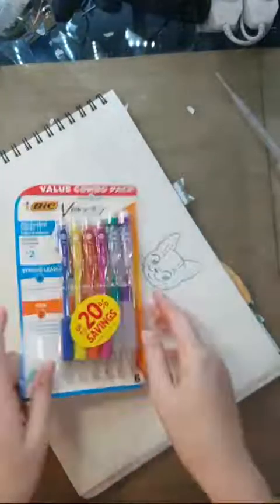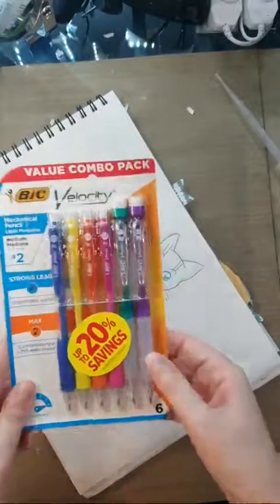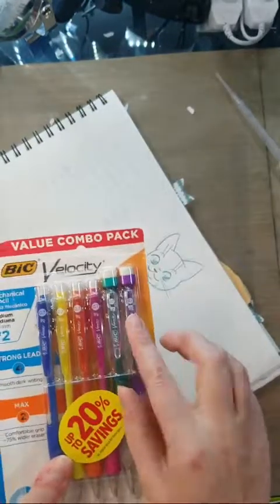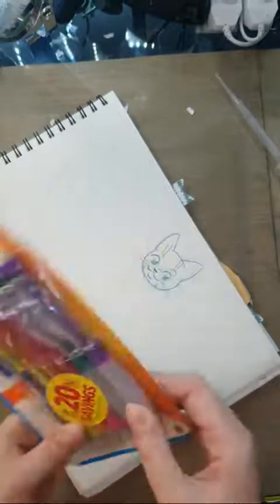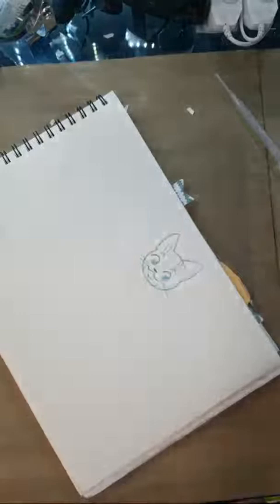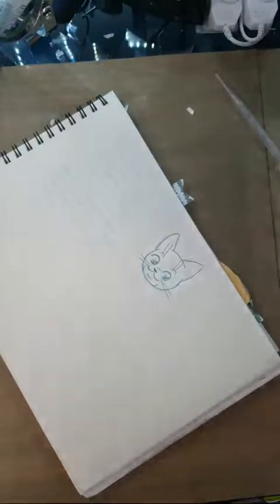Oh my goodness, yeah. So the ones I'm really excited about are these big chunky ones here. And I haven't been able to find them in number set in 0.7 except in this combo pack. But you can already see how cushy that grip's going to be. Yeah, Joseph suggested I grow them. Oh yeah, another thing I bought